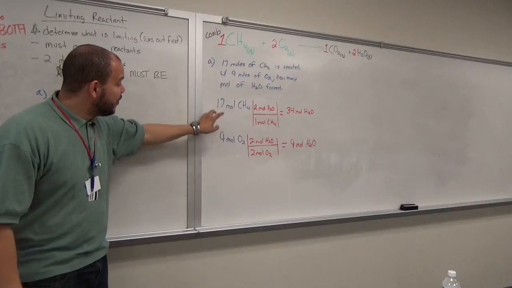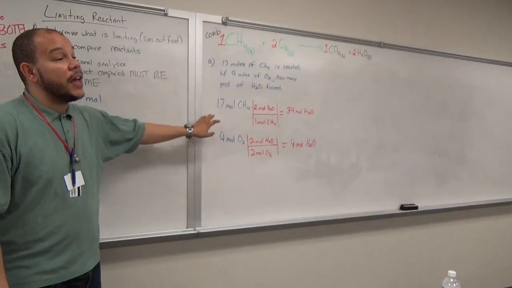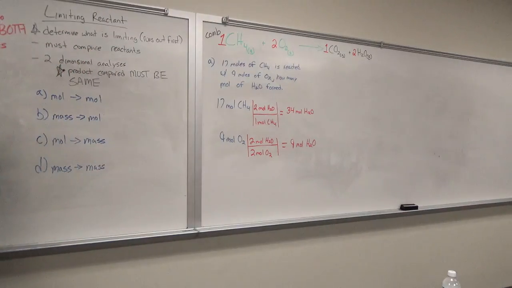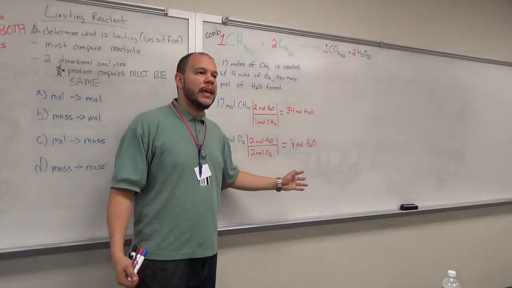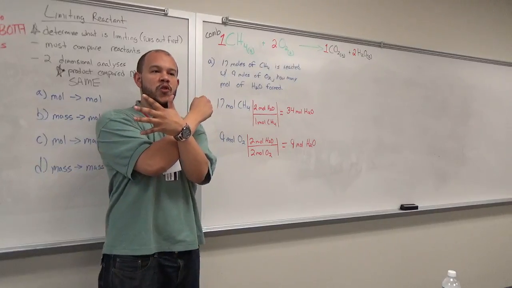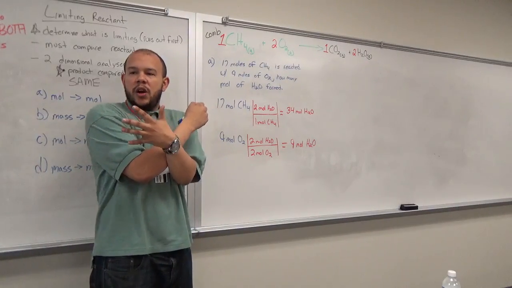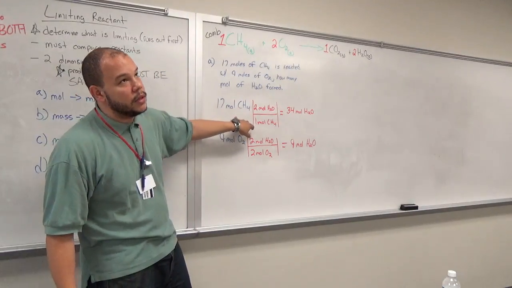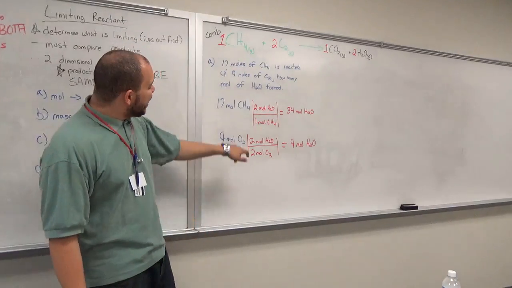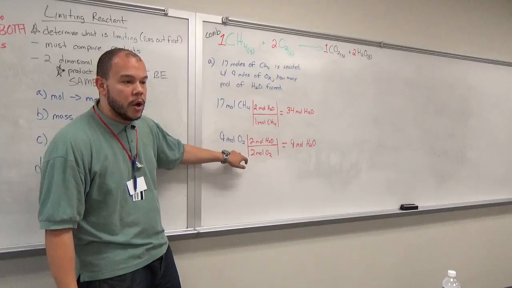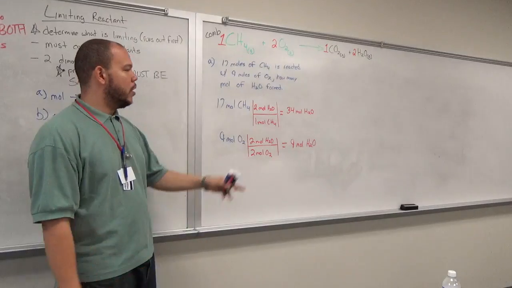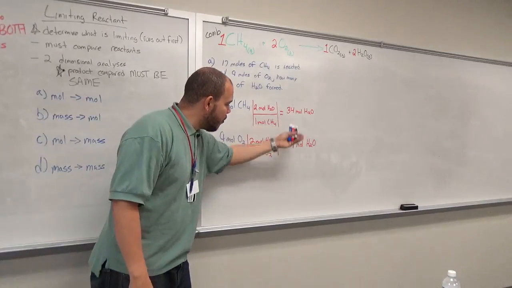But since we know this is all we have, then this becomes a limiting reactant problem because we have 2 different amounts of products. They're not the same. You could have a reaction where these numbers will be exactly the same. Then everything is consumed at the same time. Both things are gone. But now we see that if we used all of the methane, then we would get 34 moles of water. But if we used all of the oxygen, we could only get 9 moles based upon the balanced chemical equation. So, when you are comparing